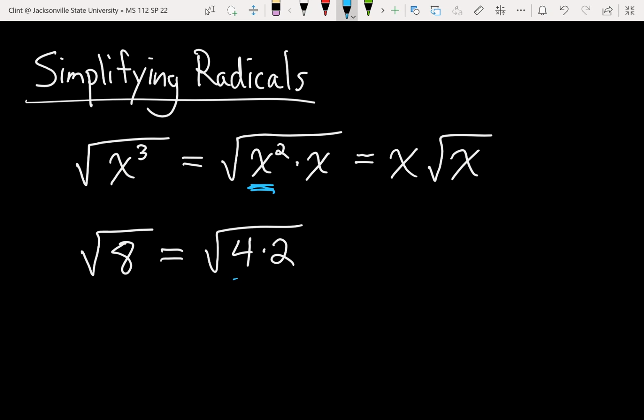So 4 is our perfect square. We can find the square root of that. Square root of 4 is 2, and then that leaves 2 underneath the rest. Nothing wrong with thinking about it that way. That gets a little harder when the exponents start getting bigger,